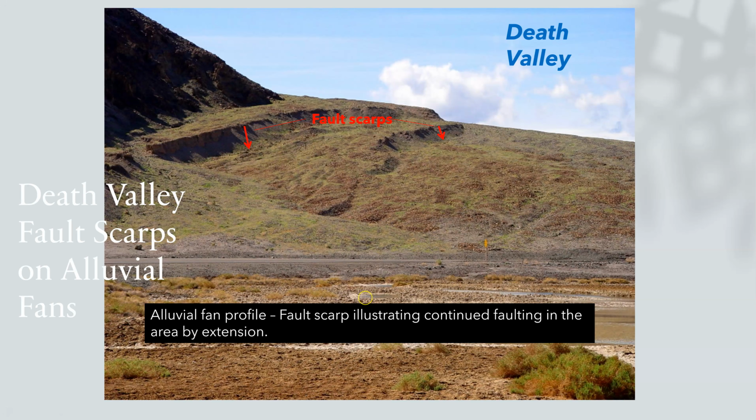We also see fault scarps because there is a very large fault running through Death Valley called the Death Valley Fault Zone. On these alluvial fans, sometimes we see fault scarps, and these are from dip-slip faults rupturing along these areas. This portion of the block dropped down and this portion went up, and so we see this scarp that's illustrated and shows the fault that continues through this area.